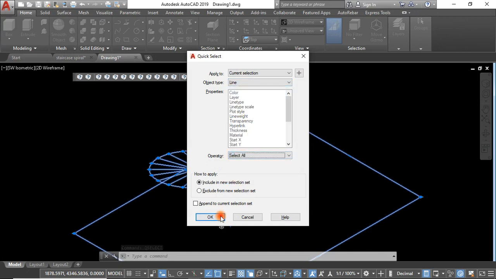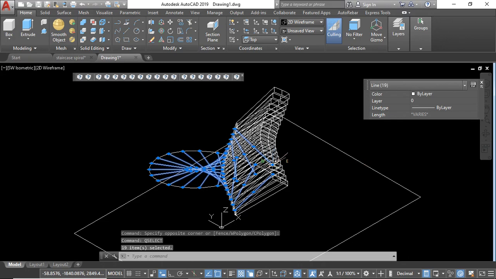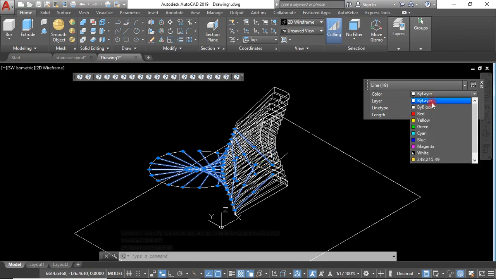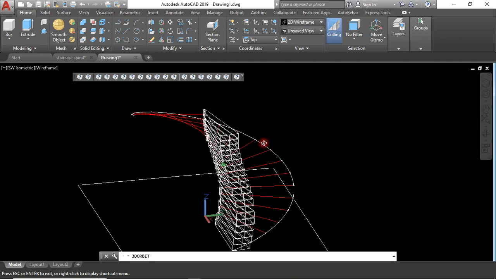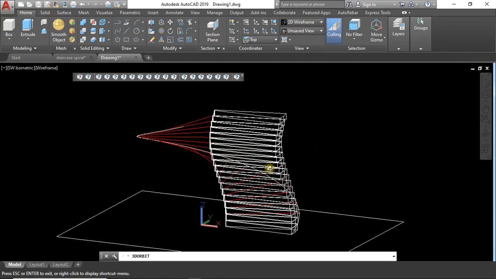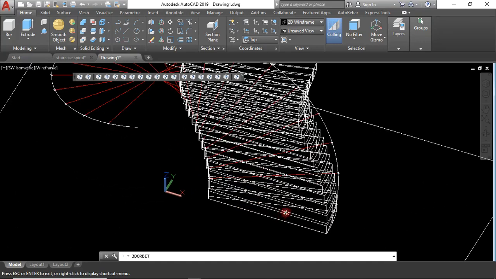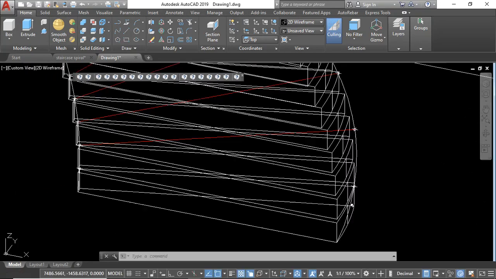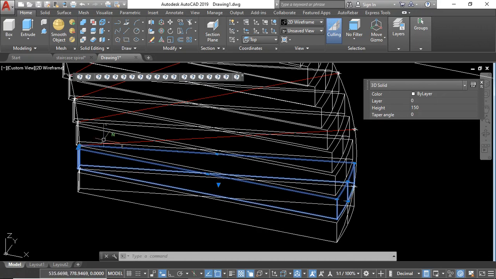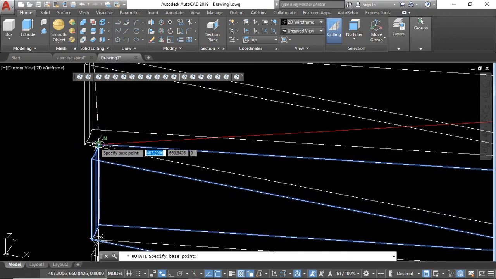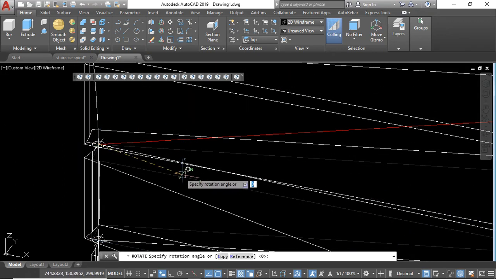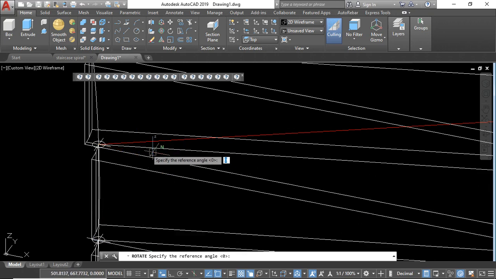I don't know if we just put the last one, we will see. So what I can do so that I am able to differentiate the lines, the splines and everything is just select everything, then type quick select like that. Then I want to have the lines and then select all like that. So now I have my lines. Maybe I can give them a different color like red. Okay,